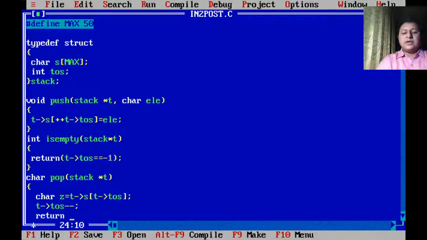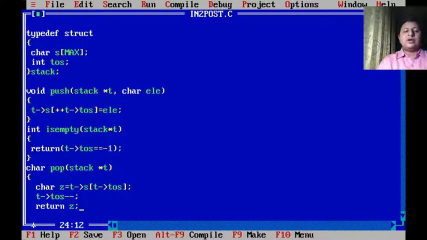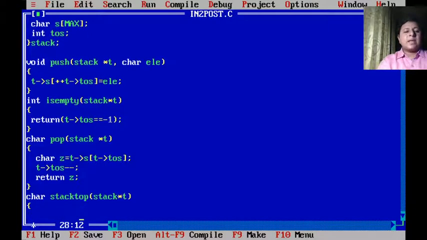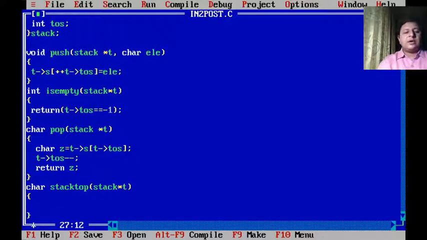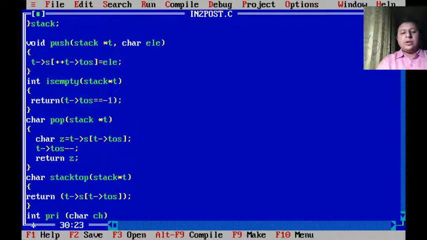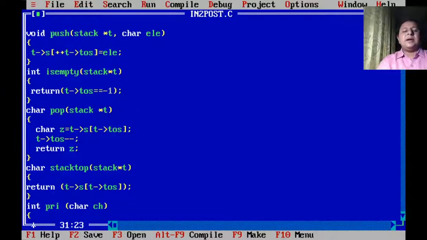Or else you can even first decrement TOS and then return, instead of TOS, you can return TOS plus 1, if at all you understood what I said. Otherwise this straightforward approach is also good enough. Stack top, so return t->s[t->tos]. Fine, so display I don't need. So that way I had implemented my stack depending on the requirement.